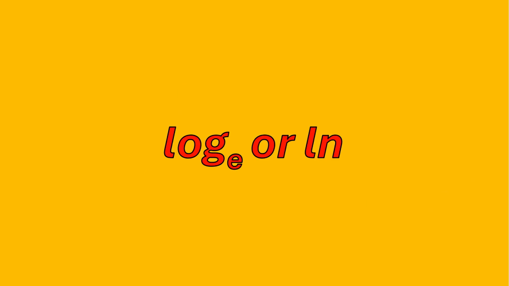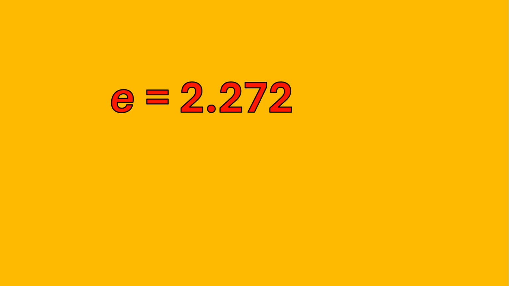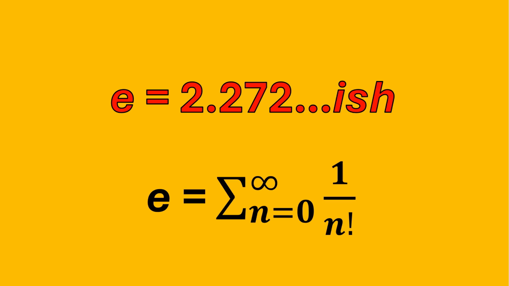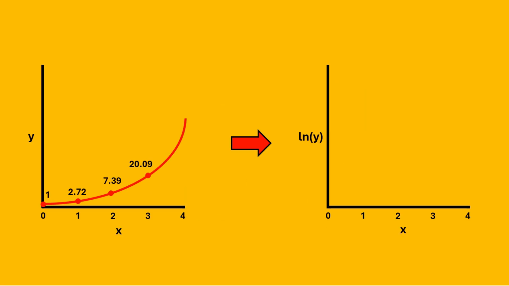And the same basically applies for a log base E, or natural log. That just accounts for an increase by a factor of E. And E in mathematics is 2.272, or thereabouts. The exact value is this. So if we have a curve that increases by 2.272, then applying a natural log will convert that curve into